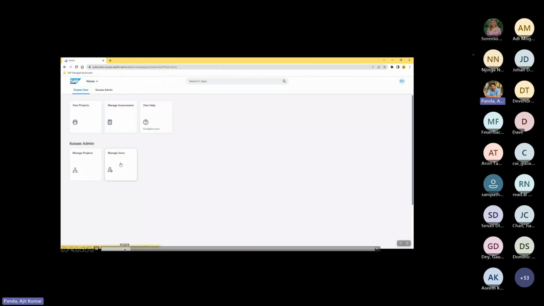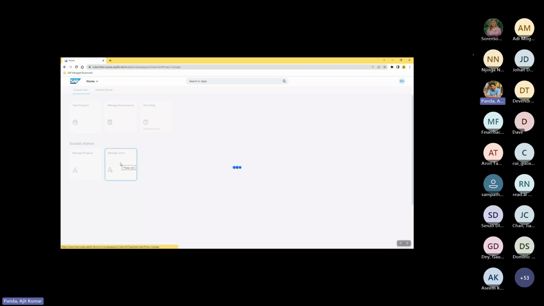Now, to provide a true SaaS-like experience, where the users are managed within the application itself, right? Because so far in the architecture, I've been talking about users existing in the consumer subaccount, where the authorizations are maintained. What if you want to provide your customers a true SaaS-like experience where the users are maintained within the application itself? They do not see or use the consumer subaccount. They just use this application and maintain the necessary